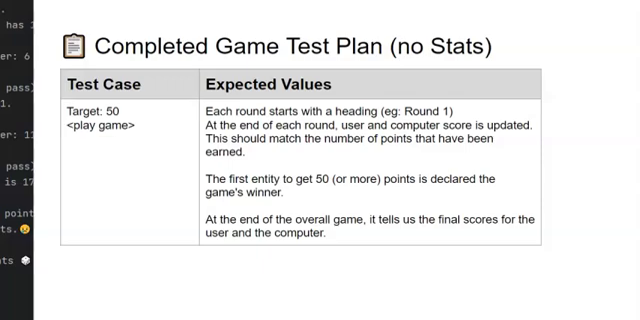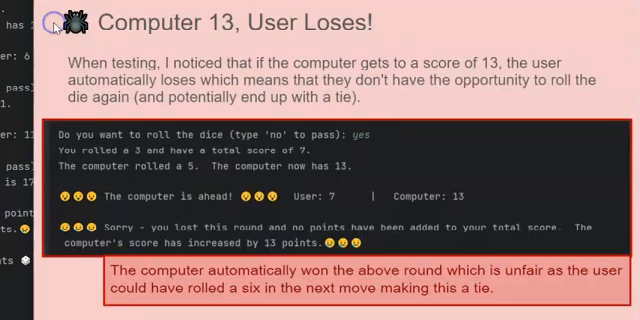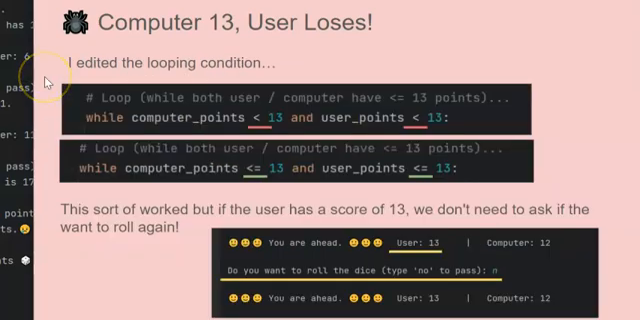Here's our test plan, and if this was an assessment, what you'd be doing is testing, and you'll almost certainly find some bugs. Here we can see that if the computer gets to 13, the game ends, which isn't what we want. To fix this, we need to edit our looping condition so that it's less than or equal to 13 rather